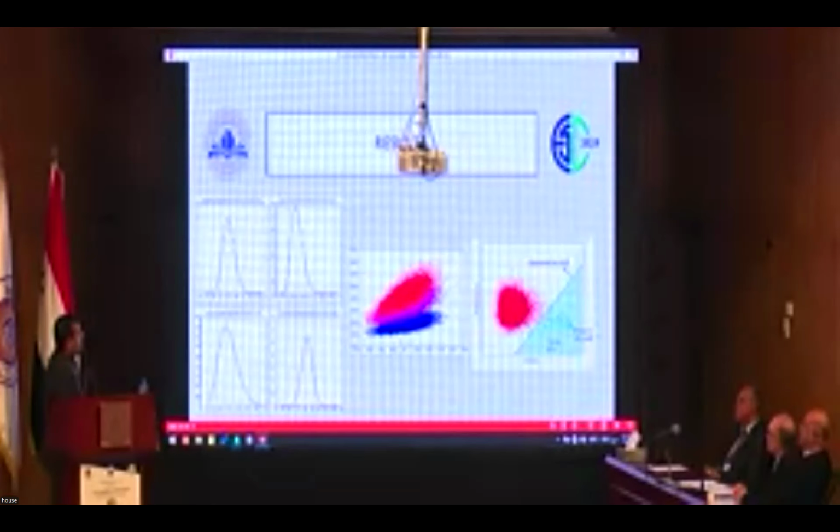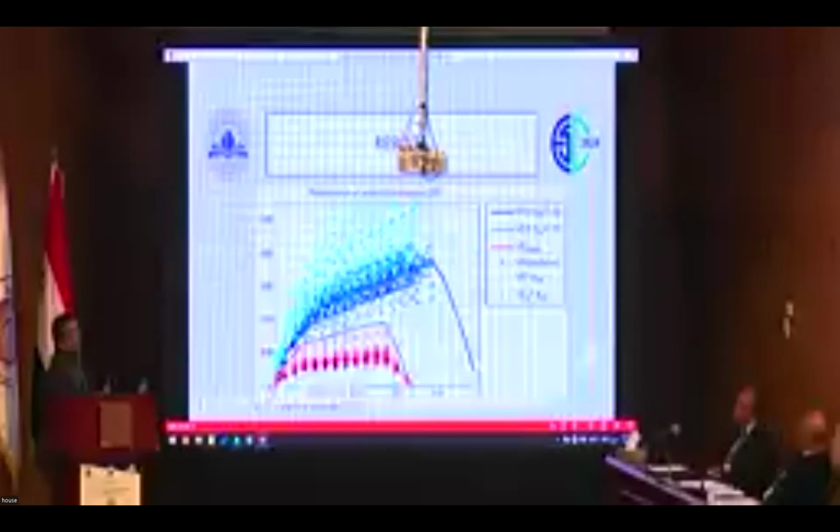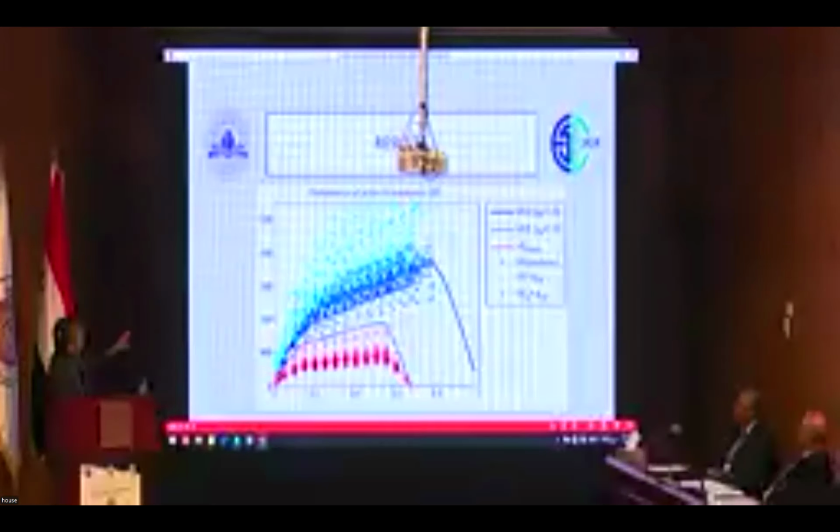The lines show the deterministic calculation that normally engineers do, and the points show what we have done in a probabilistic manner. Okay, next slide. So from this model,